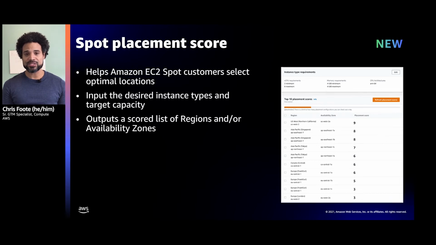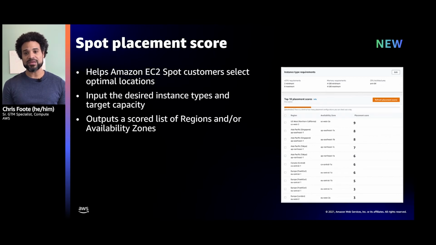The Spot Placement Score helps customers select the optimal regions and availability zones for a particular spot configuration and desired capacity. Customers will input a list of instance types that work for their workload, or they can leverage attribute-based instance type selection.